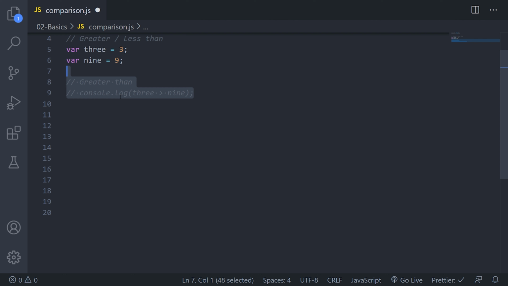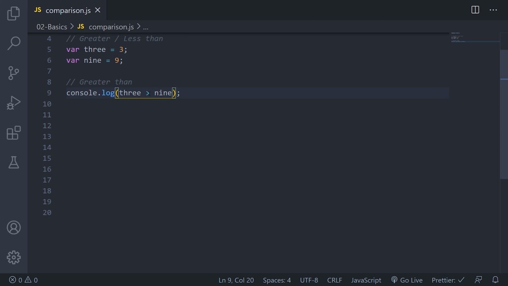First of all, we'll see the greater than and less than operators, and from this we will see greater than first. I have written console log here with one comparison. First I am comparing 3 with 9 with this greater than operator.